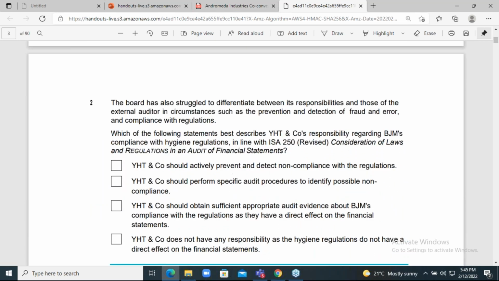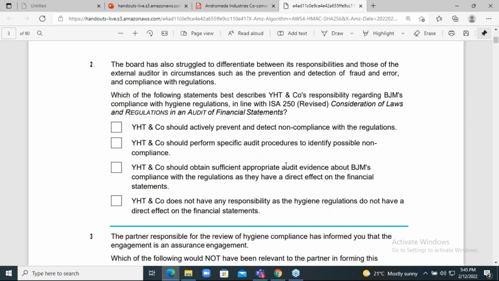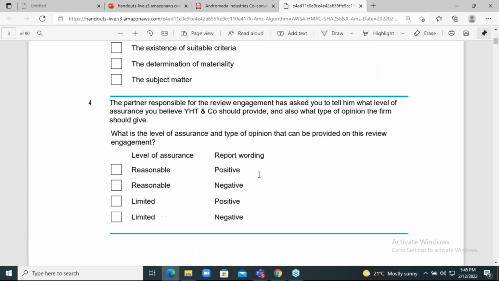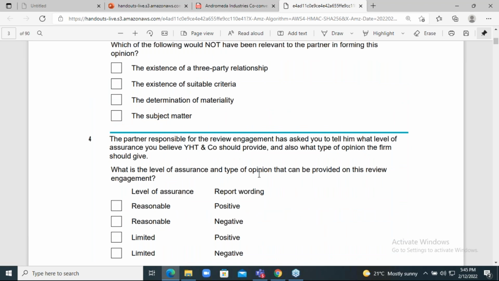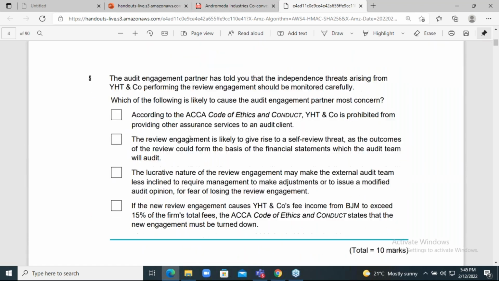Once again, this question has some relationship, but not to that extent. Now, question number 3 and question number 4 don't have any direct relationship with the data. But question number 5 has a direct relationship. So if you want to get full marks and click on the right option, the most important